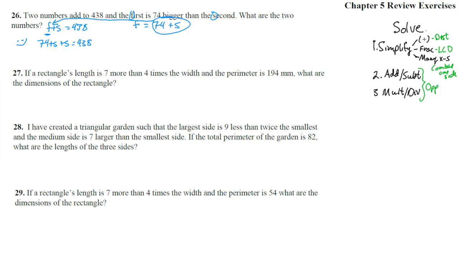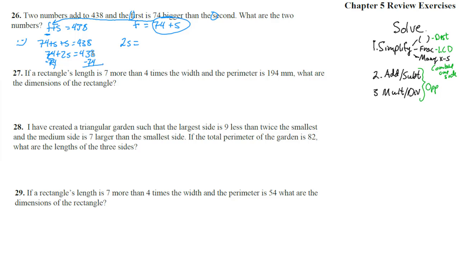So do we have parentheses? No. Do we have fractions? No. Do we have many S's? We do. 74 plus 2S equals 438. Now we add or subtract. So we subtract that 74 from both sides. And we get, let me see, those are gone. So we'll get 2S equals,